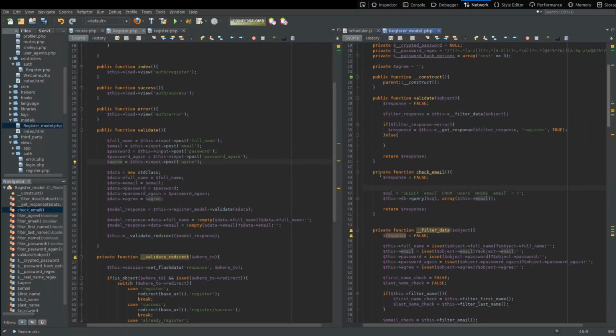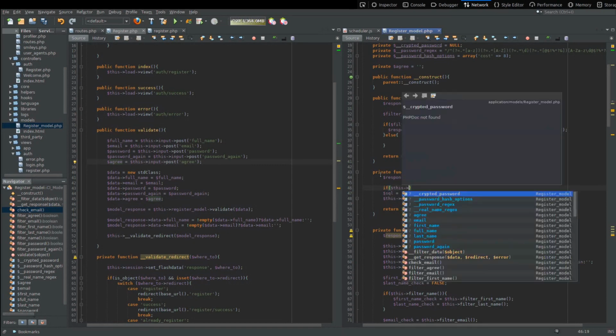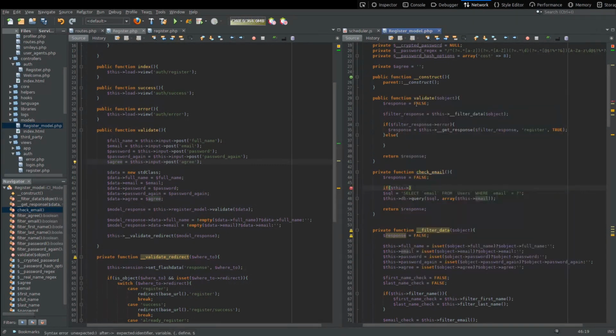We probably should check to make sure the email is not null, even though we've already run our filter function, but just to play on the safe side, which is usually a wise thing to do, we'll just say if not empty,